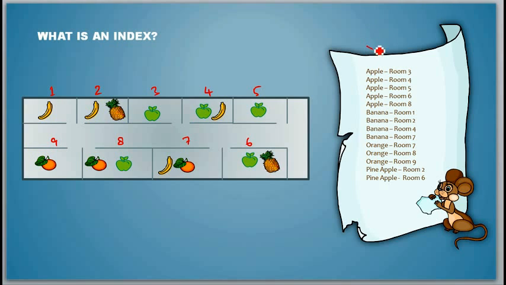So now this time I have this piece of paper, and someone comes and tells me, Sam, can you go and find out in which rooms apples are there? Okay, so I enter and I look at the piece of paper which I have. Do you think I will go to room number 1? No, I will not, because I know by scanning this piece of paper that